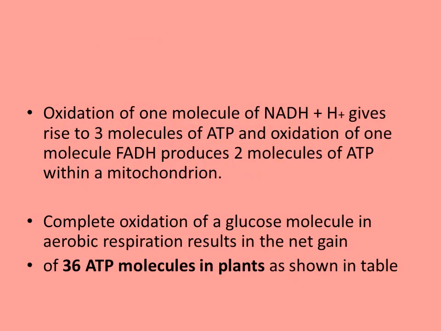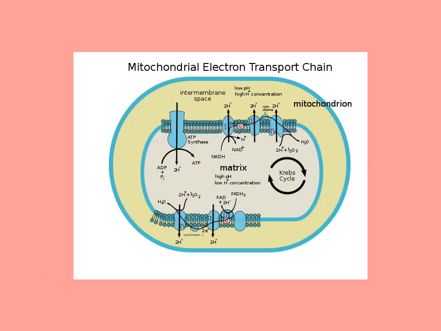So, 1 molecule of NADH gives rise to 3 molecules of ATP. FADH2 produces 2 molecules of ATP. So, complete oxidation of a glucose molecule in aerobic respiration results in the net gain of 38 ATP molecules in plants. Okay, 38 ATP. So, இதில் பார்த்தீங்கன்னா